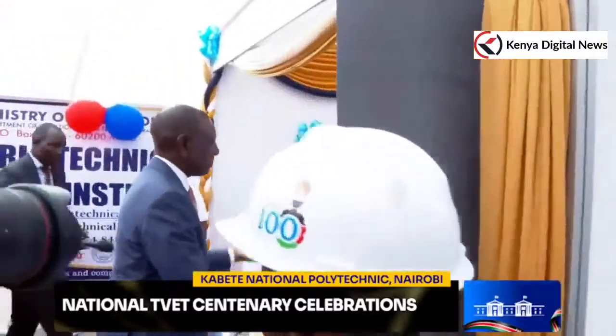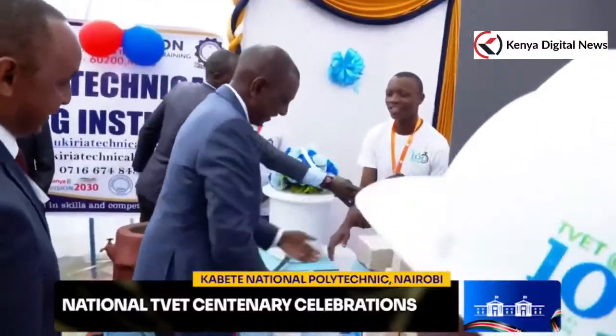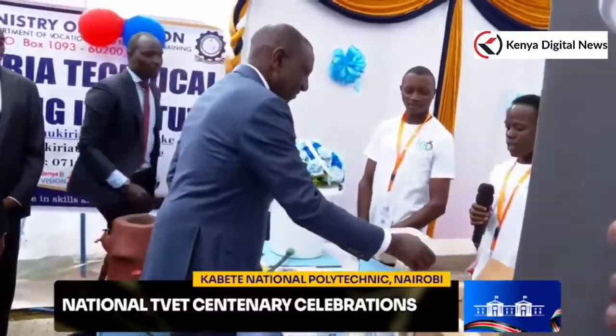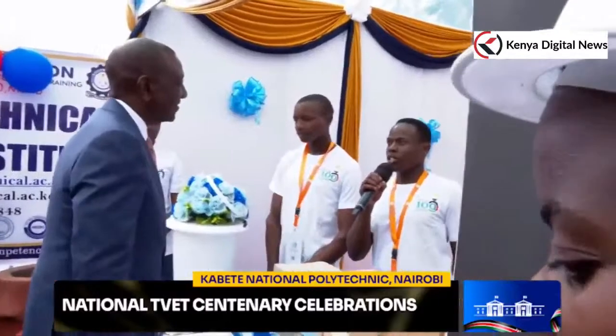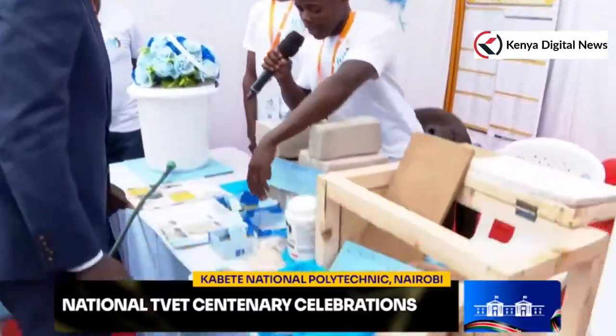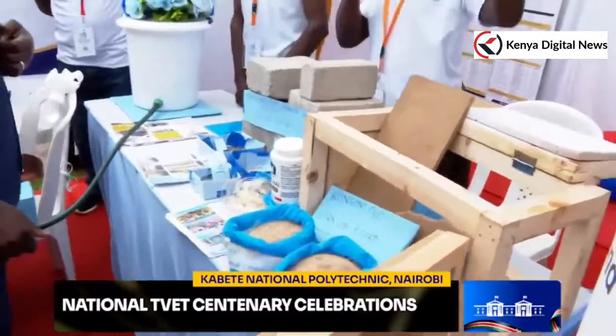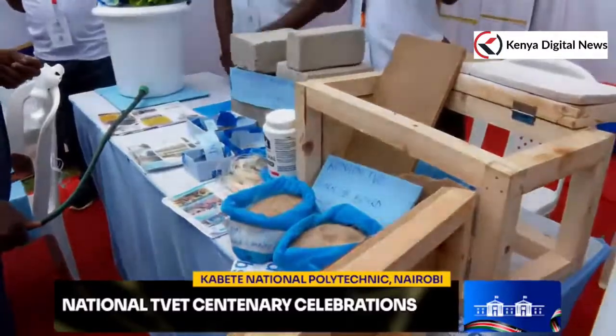Is this affordable housing? Affordable housing. Habari yako? Okay. So you're making the block from? Okay, we are trying to support your agenda of affordable housing by trying to limit the use of cement. Now, the cement industrial areas pollute the environment, and the blue economy can't be reached when the environment is polluted. Now, the bagasse, that is from the sugarcane industries, we use the disposed bagasse, burn it and...